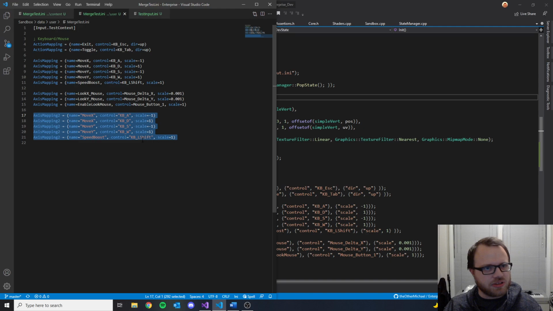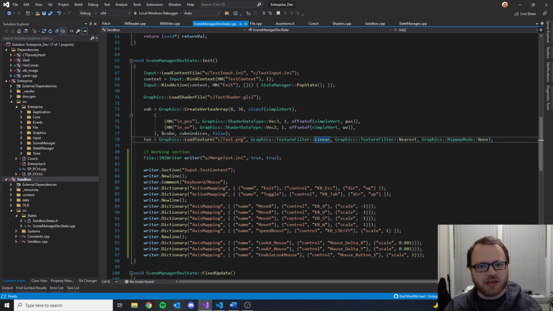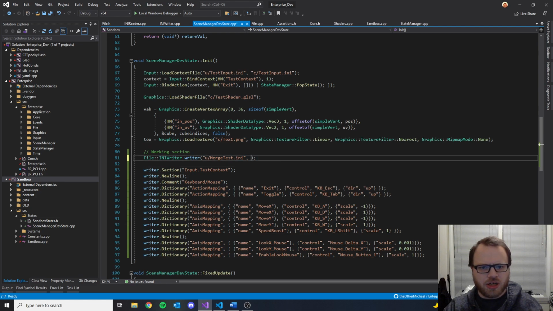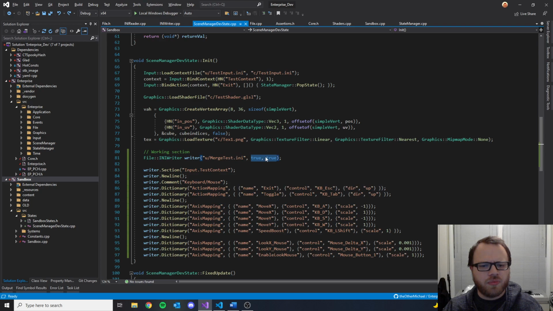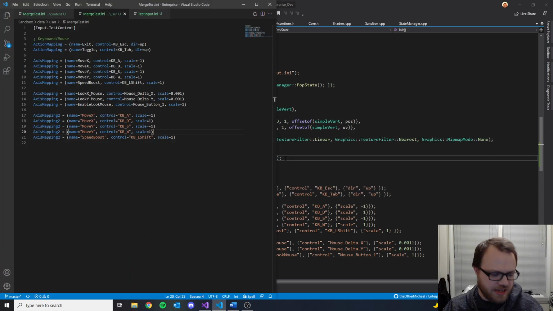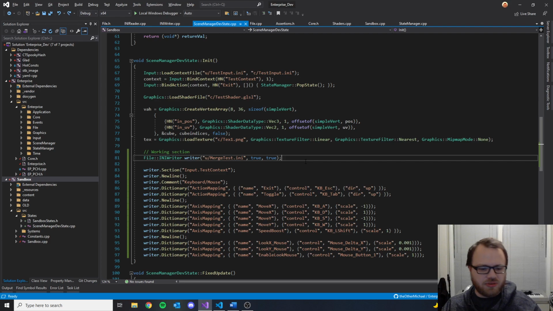Okay, so it's cool. It's all working perfectly. So now when I go to write, I can specify what merge behavior I want. The default being off, I believe. Or what did I make the default? Well, I can change the default when I want, but you can optionally leave it out, or you can specify whether you want to replace or merge specific things. And so if I was to use an INI to get a single data point, then I don't have to worry about erasing everything else in the file when I update that data point. I can just write that data point out, it'll automatically merge it,